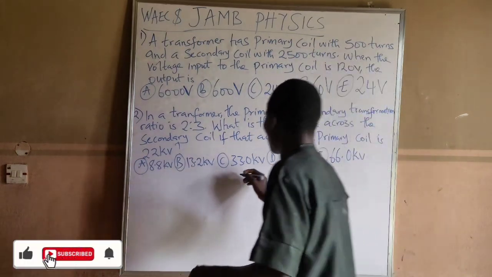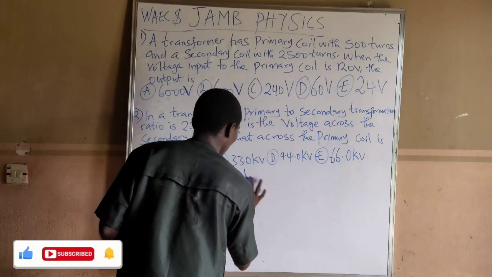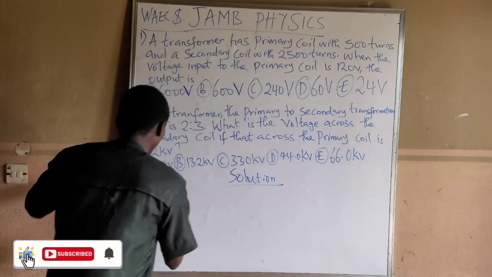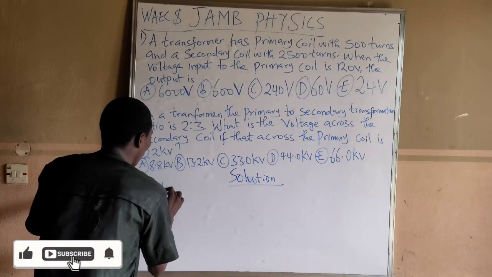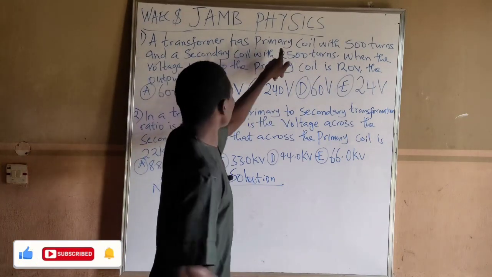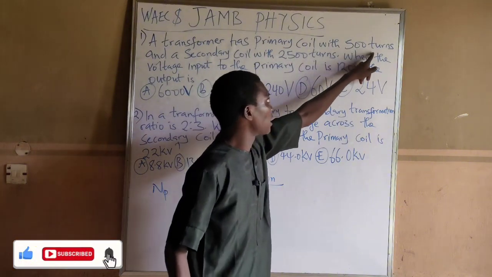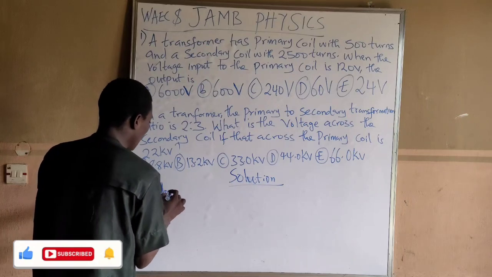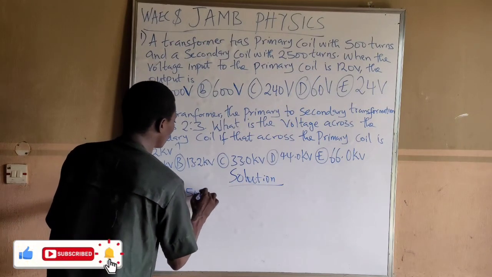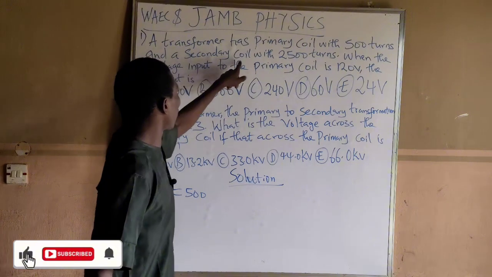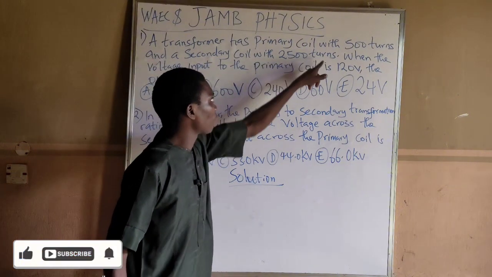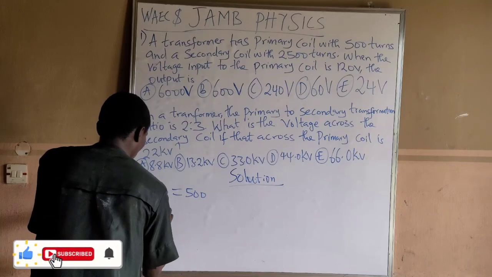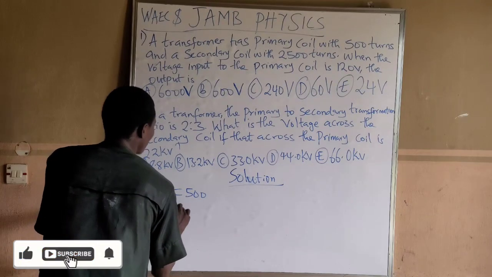500 turns. So let's write our solution. A primary coil. So take this to be the number of turns in the primary. We are told that it has a primary coil of 500 turns. So take the number of turns in primary to be NP, which is equal to 500. And a secondary coil with 2,500 turns. So take this to be the number of turns in the secondary, NS, to be equal to